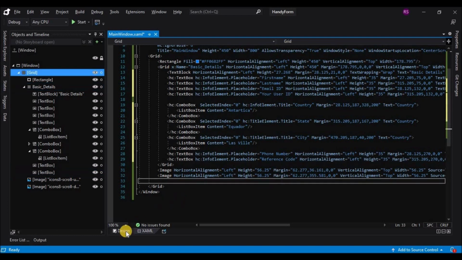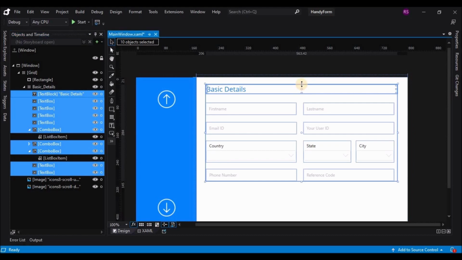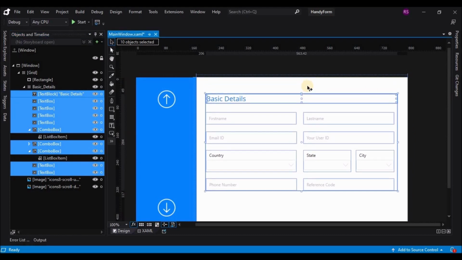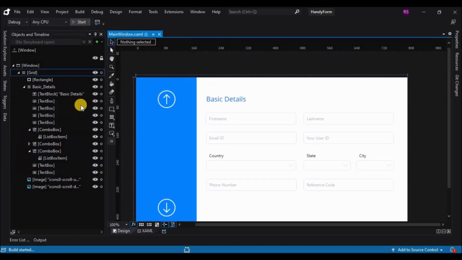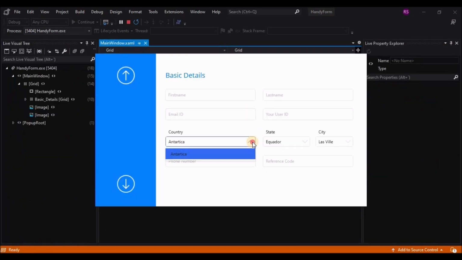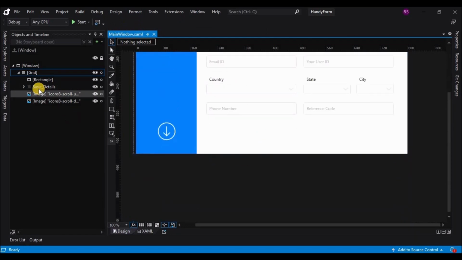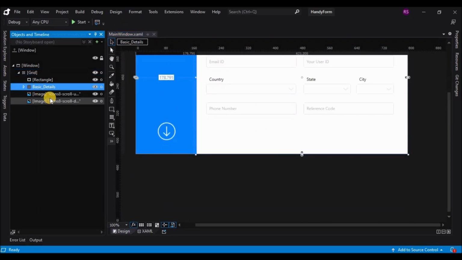So that's done. So we have our first grid, subgrid. Let's change the position of the subgrid and let's run the application once and see it in action. So you have this beautiful design and the text boxes look amazing. So let's stop the application. Let's make a copy of the subgrid that we created and paste it under the main grid, and this time this grid will be the